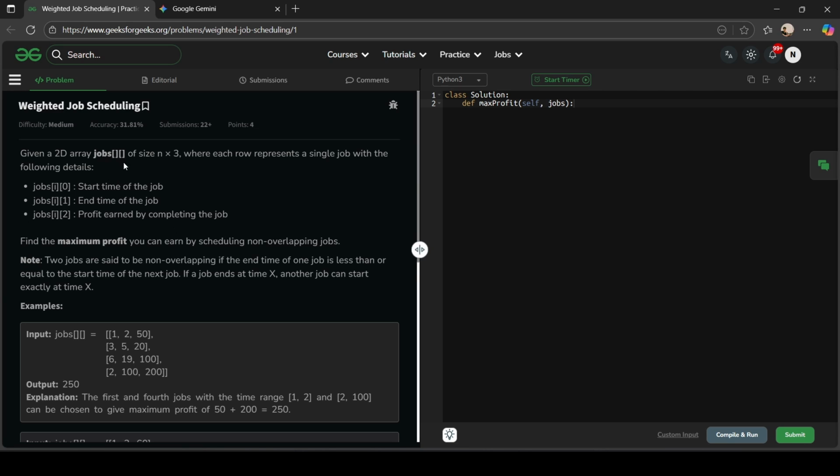Now, I'll give you the basic idea of what they are saying. You have a multi-dimensional array called jobs. Inside this array, you have many subarrays. Inside the subarray, your first index informs you as to when the job starts. Your second index, or index one, explains when the job ends. And your last index will tell you the profit you can earn from the job. Now, the objective is you have to find out the maximum profit you can earn by scheduling non-overlapping